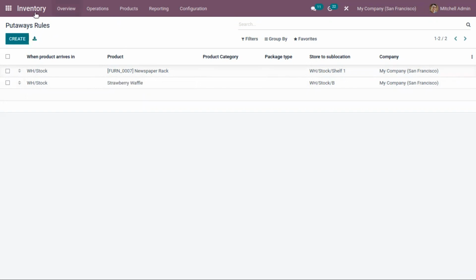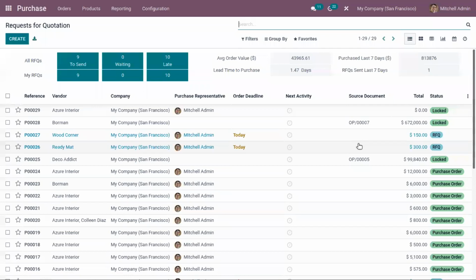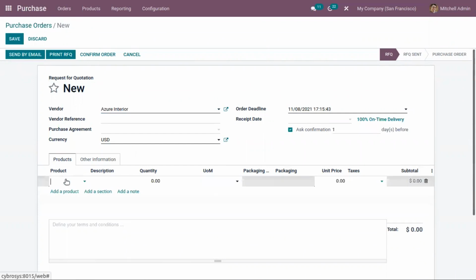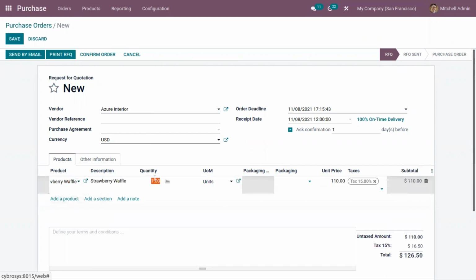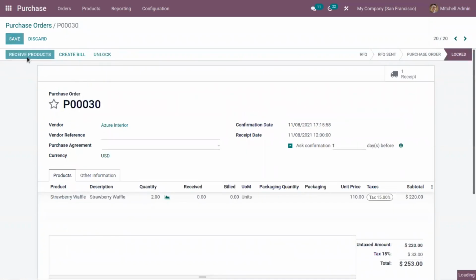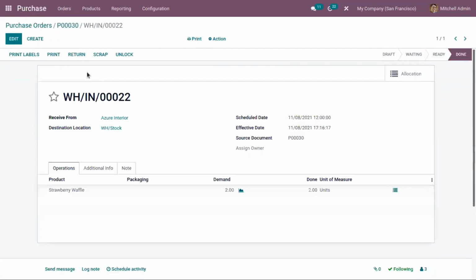Now after saving the rule, if you create a purchase order and purchase the product in stock, I'm purchasing 2 quantity of this product and confirming it. Then I'm validating the transfer. So you can see the product is received.